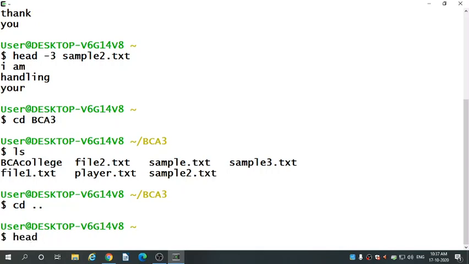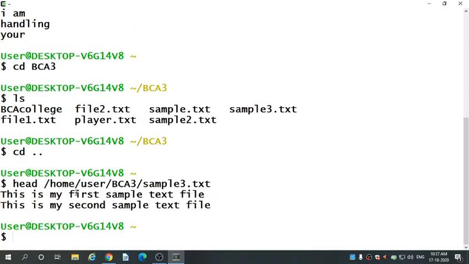Head, then root, then home, user, then the BCA3 folder, and now we have to give the file name sample3.txt, enter.